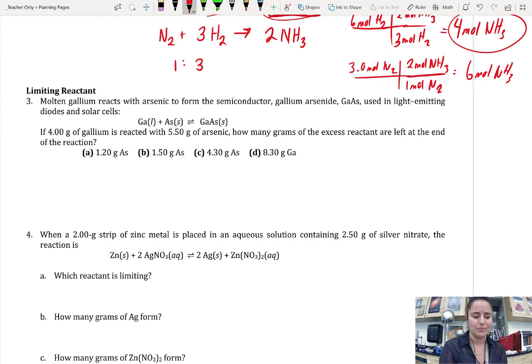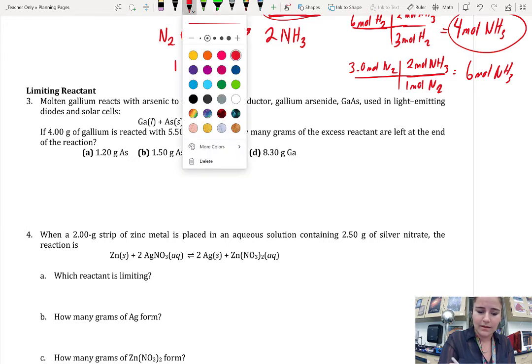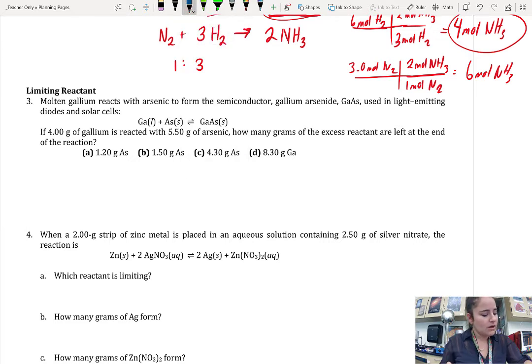Okay, so this is a super challenging problem, but let's go ahead and solve it. We got this. So, step 1, we know we're going to need our molar masses. Let's just look them up real quick. Gallium, you find it on the periodic table. It is atomic number 31, and it has a molar mass of 69.72 grams per mole. Arsenic is number 33, and it has a molar mass of